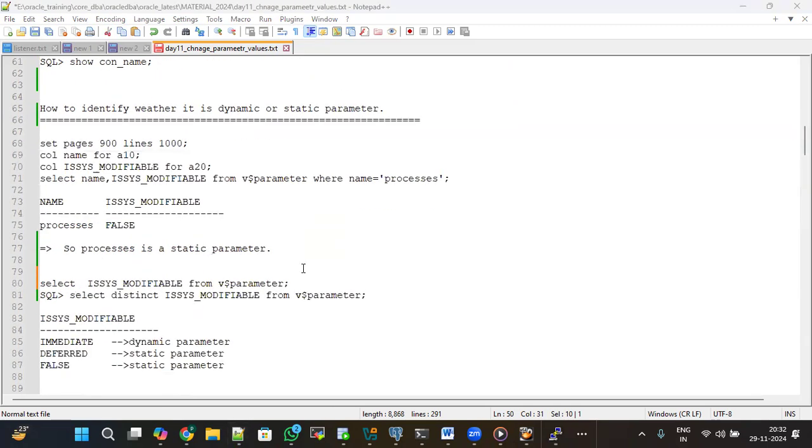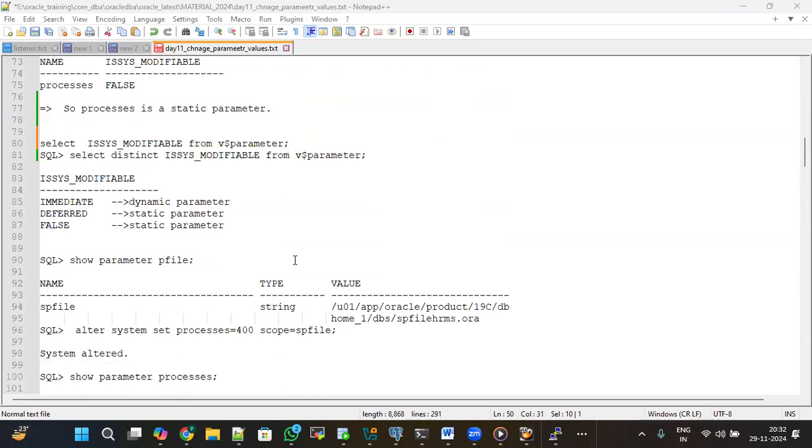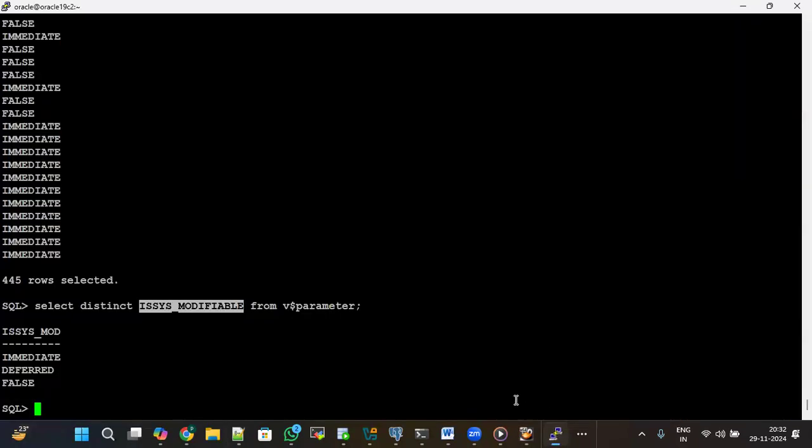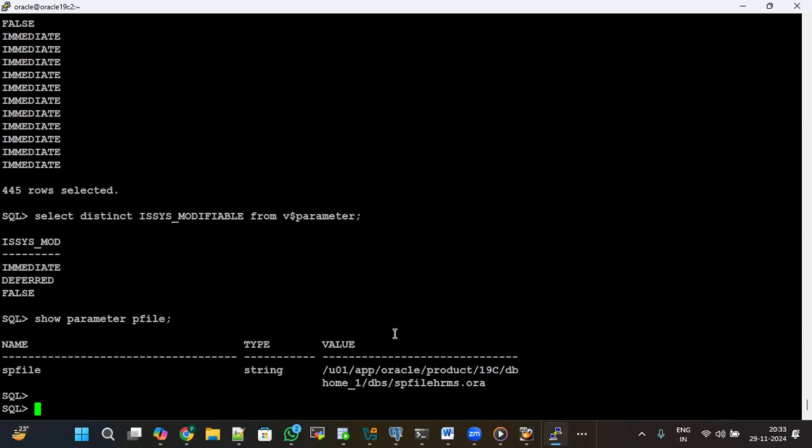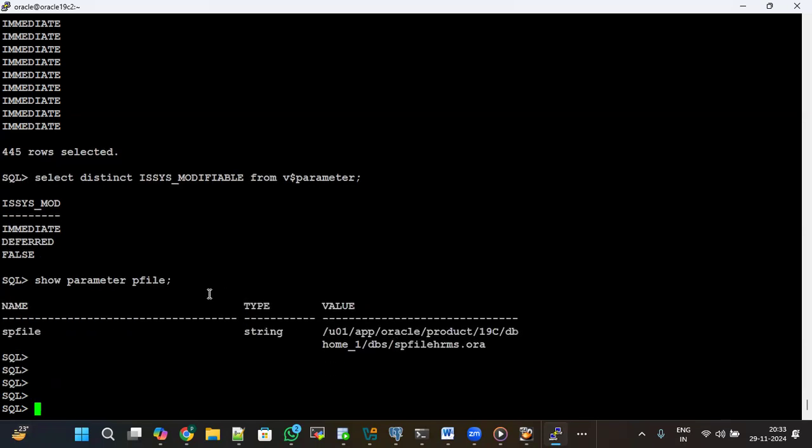Okay. We know how to change the parameters, how to know which one is static or dynamic, and what we do if it is static or dynamic. Then we go and change the parameters. Let's do the practical. So I can say show parameter pfile. pfile is one of the parameter names. For all the parameter names, if you want to know, select name